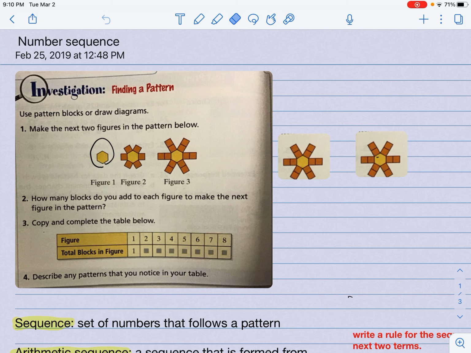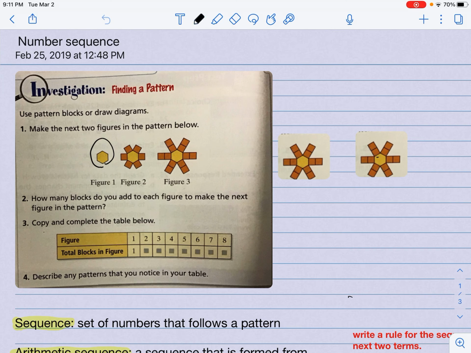So it gives us a design, and it says make the next two figures in the pattern below. So we see figure 1, it was just a hexagon. And then they added 6 squares to it. The third one, they added 6 more squares. So if we keep going at this pattern, our next two terms are fourth and fifth, we're going to